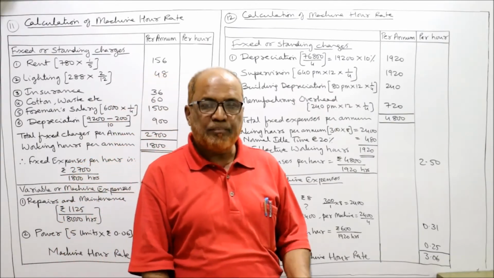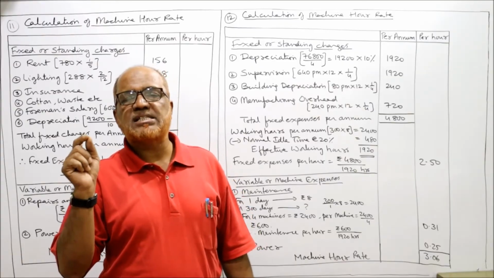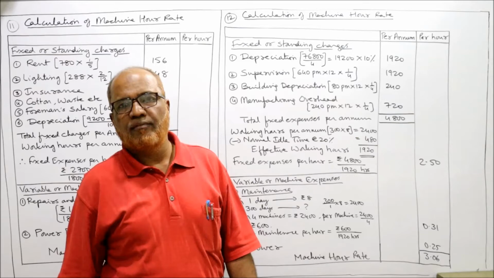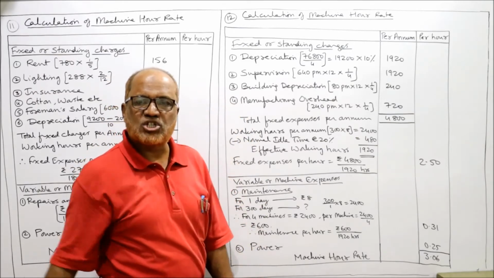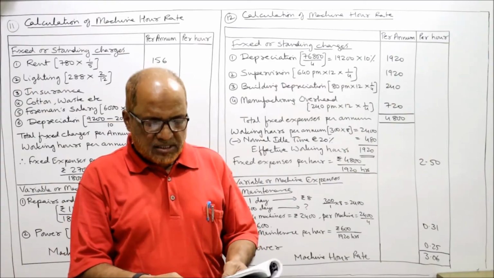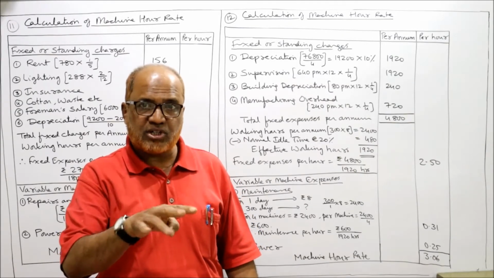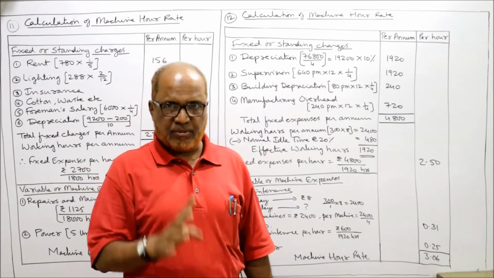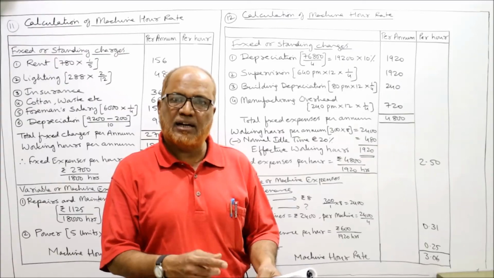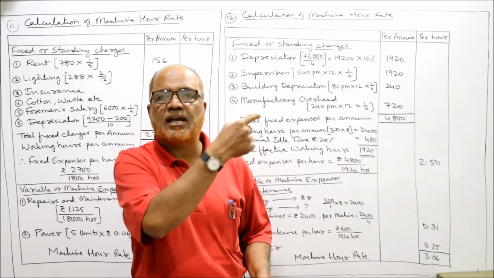Depreciation 10% per annum, straight line method. Whenever it is given specifically straight line method, it means it's a fixed expenditure. We'll definitely take it under fixed charges. So 10% of cost. So first of all, 76,800 divided by 4, because 76,800 is for 4 machines, how much will it be for one machine? 76,800 divided by 4 will give 1 machine. Then we will calculate its 10%,